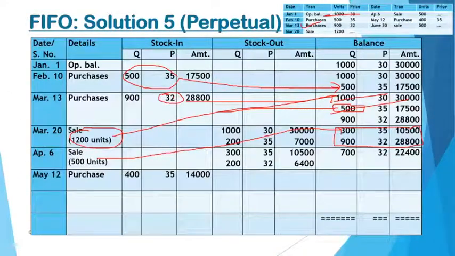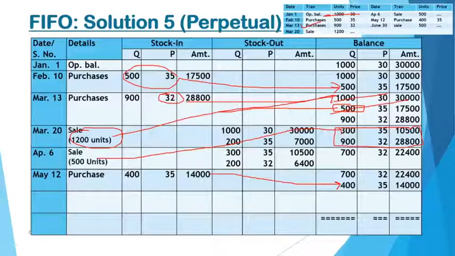Next transaction is purchase of 400 units at the rate of 35. Now this is the next lot. For purchases there is no problem because every purchase will come as a next lot. Purchases will just be ordered in the balancing. You have the 700 units lot, and the next lot purchase will come as it is. While recording purchases there is no problem, they will just follow the lot. Every new purchase will come as the next lot, isn't it? And for making sales, follow the FIFO approach.